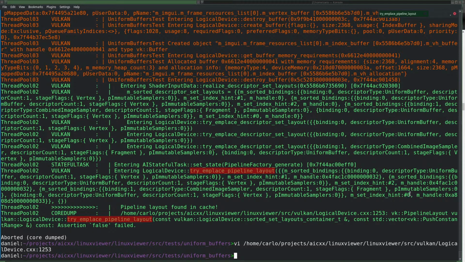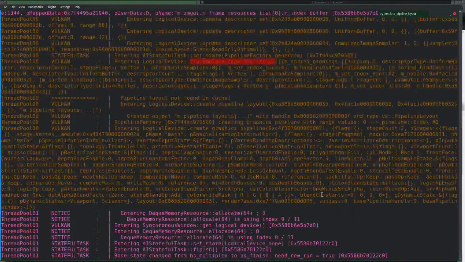So let's say this was saying 1, and the other ones were saying 0 and 2 instead of 1 and 2. So this would be 0, and this is 2, and this is 1, let's say. Nevertheless, we would find that the pipeline layout is already in the cache. And then what we have to do is change the hints such that it indeed becomes 0. The reason being that what we found in the cache came from this call,